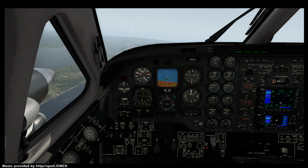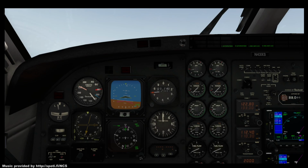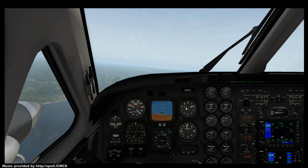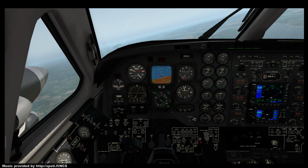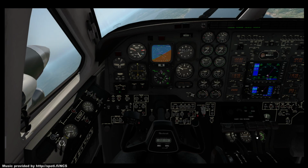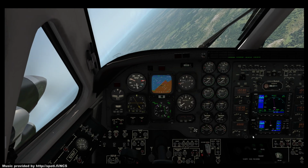Alright, so try and get this plane somewhat on course. Gotta go ahead. Get the yaw dampers on, engage the autopilot. Okay. Let's go to GPS. Okay, let's pull those props back. I need to go down just a smidge. Bank angle, bank angle. Okay, I think I'm gonna have to take